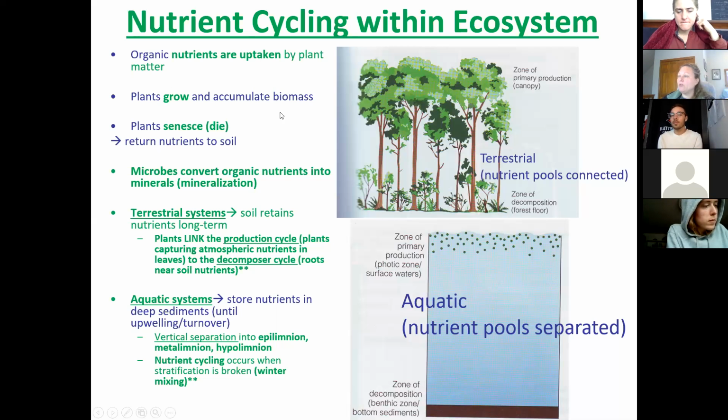So how do those nutrients cycle? They certainly do cycle differently on land versus in the water. They all will uptake the nutrients, do their business, grow, reproduce, set seed if they can. But think about the linkages between those two rates, those things that make nutrient cycling happen: production and decomposition. They are disjunct, separated in a lake or aquatic system, but they are connected more so in a terrestrial system.